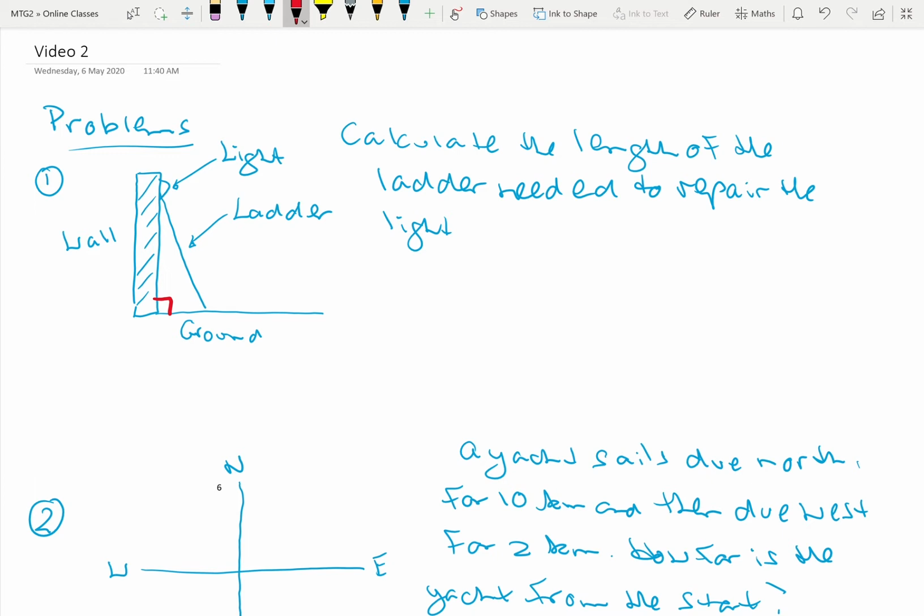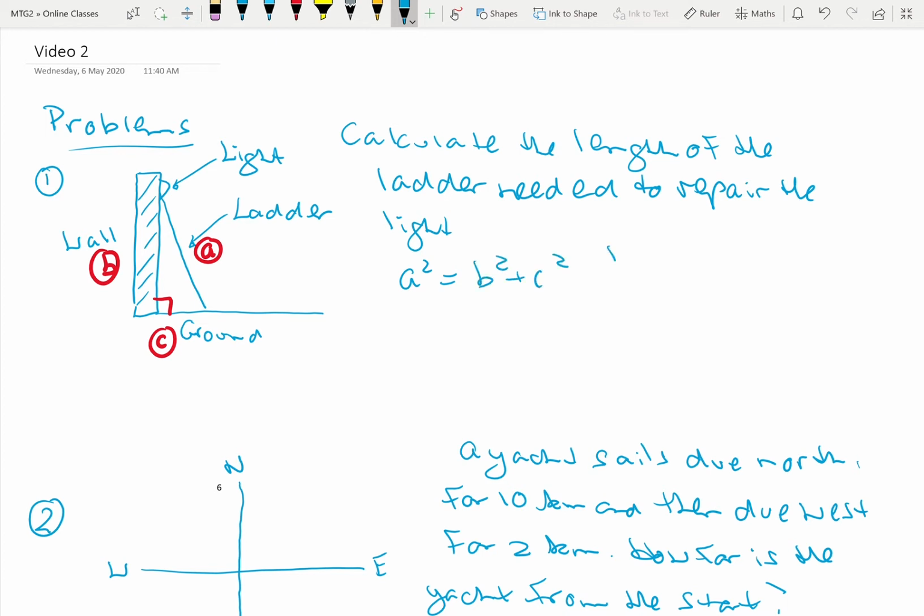So our sides are going to be, the A is going to be the length of the ladder, the B, I'm going to put that as the side, and C, I'm going to put that as the bottom this time. So I try and decide which one of the formulas I'm going to use, or the setting out. So I'm after the A, so I write down A squared is equal to B squared plus C squared,